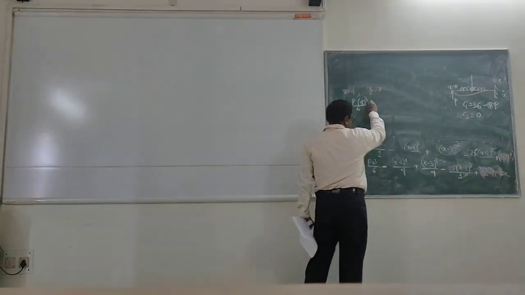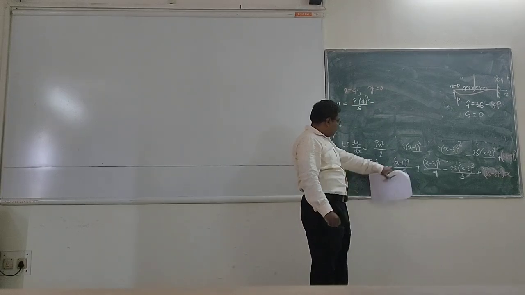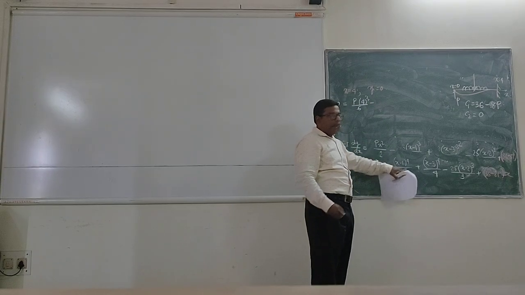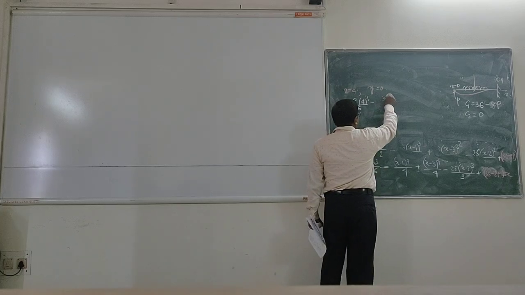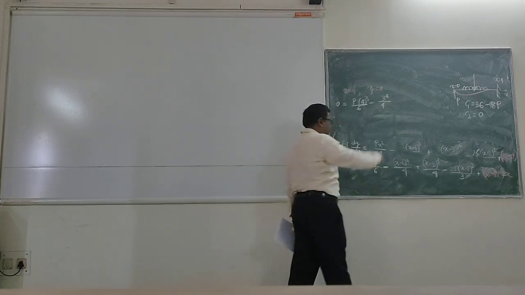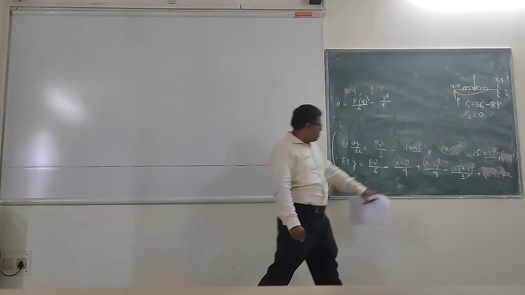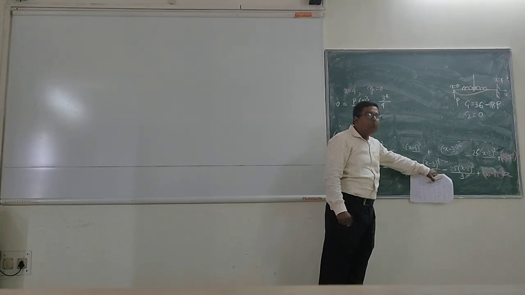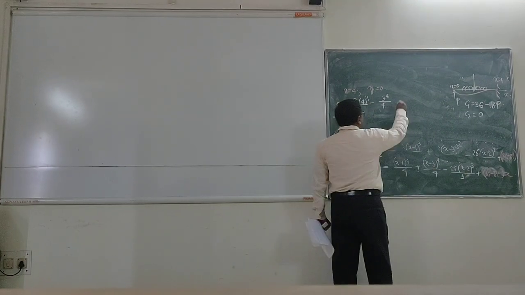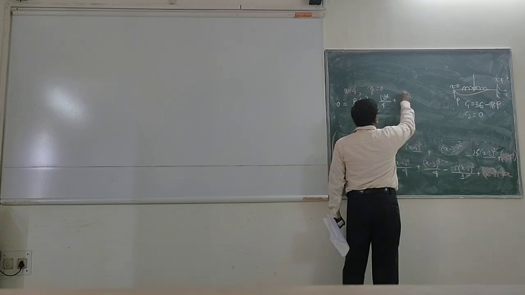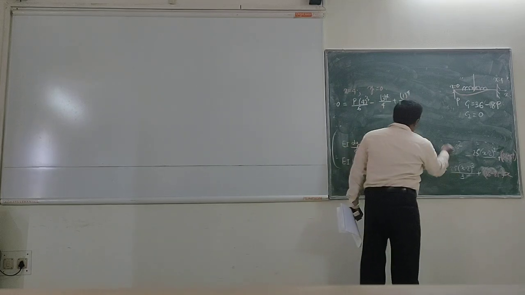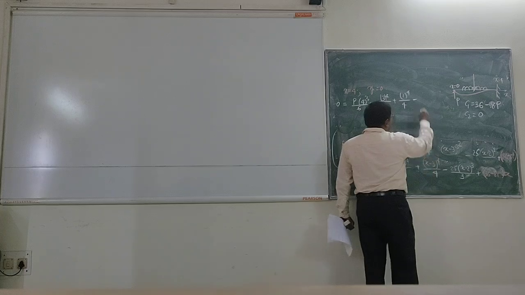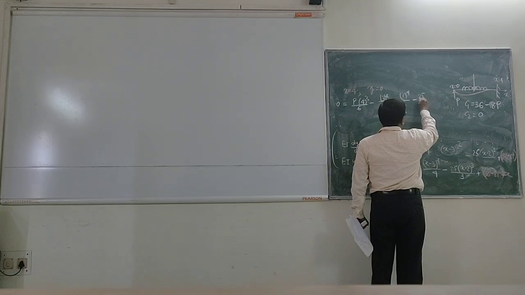Next will be minus (4 minus 1), which is 3, so 3 to the power 4 by 4. Plus (4 minus 3), which is 1, so 1 to the power 4 by 4. Minus 2.5 by 3 times